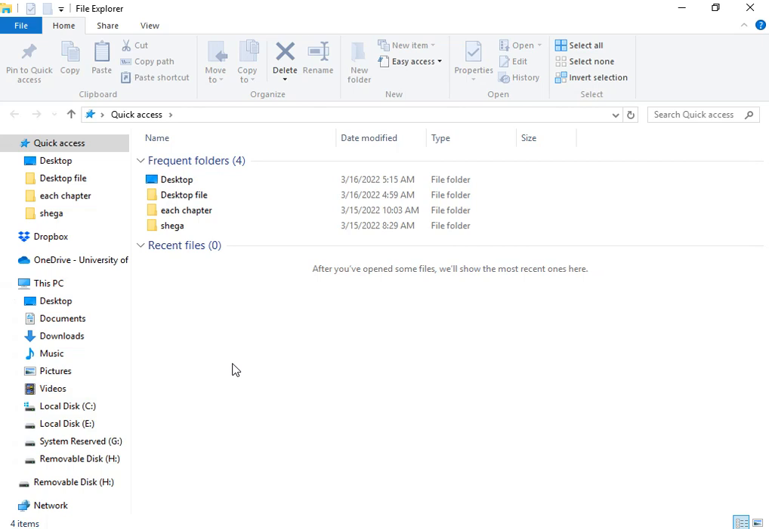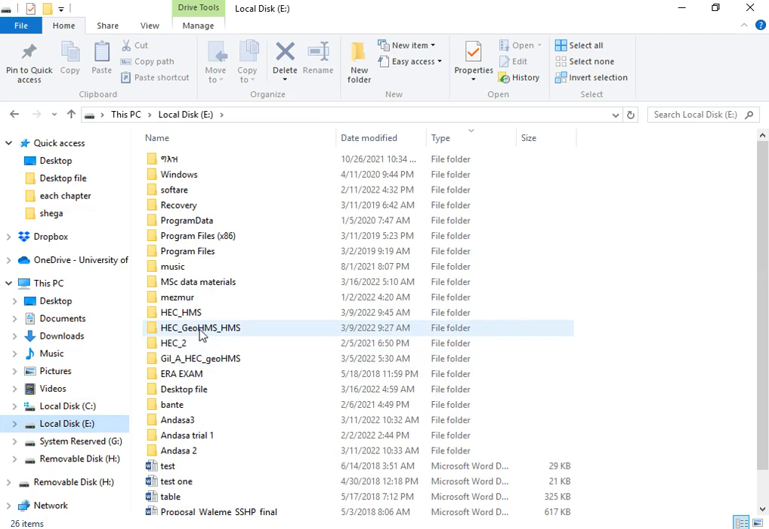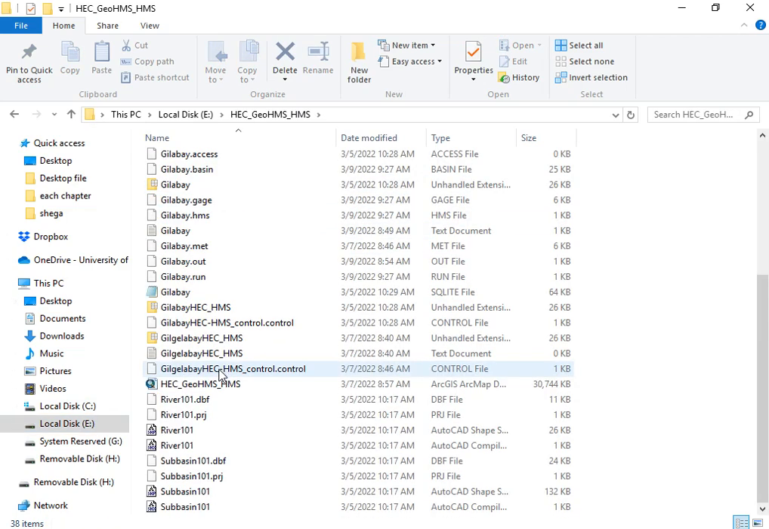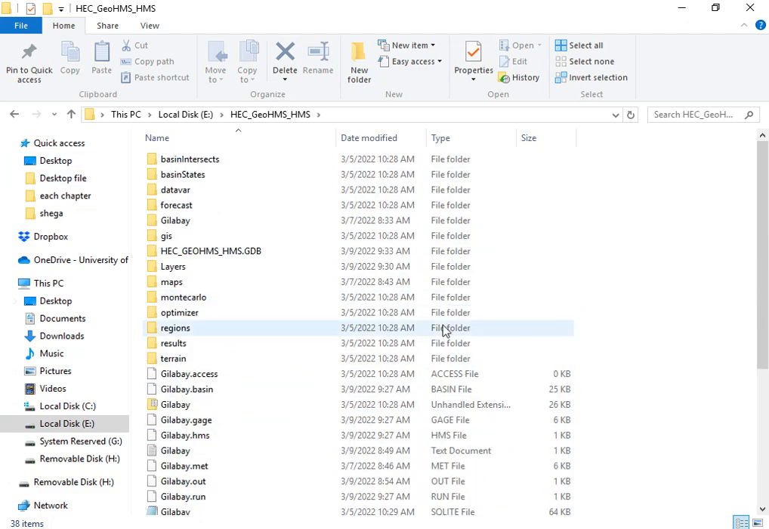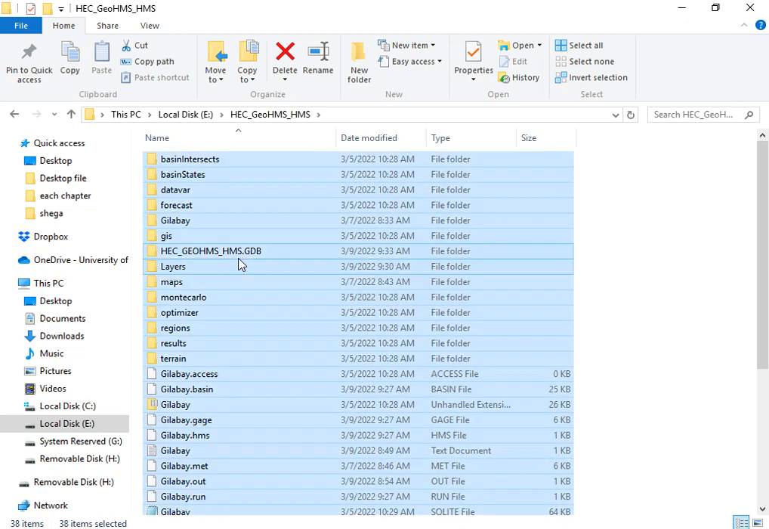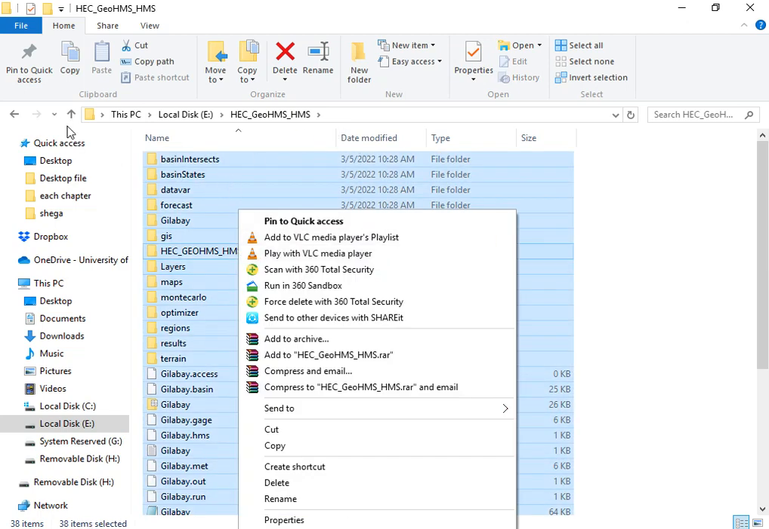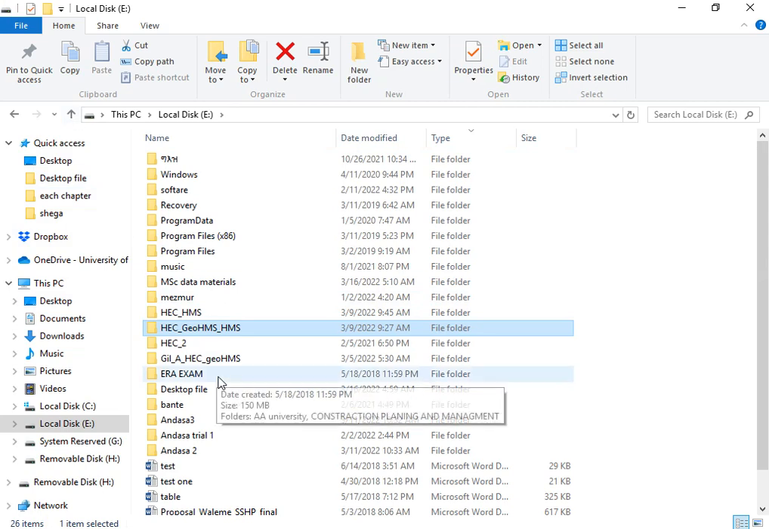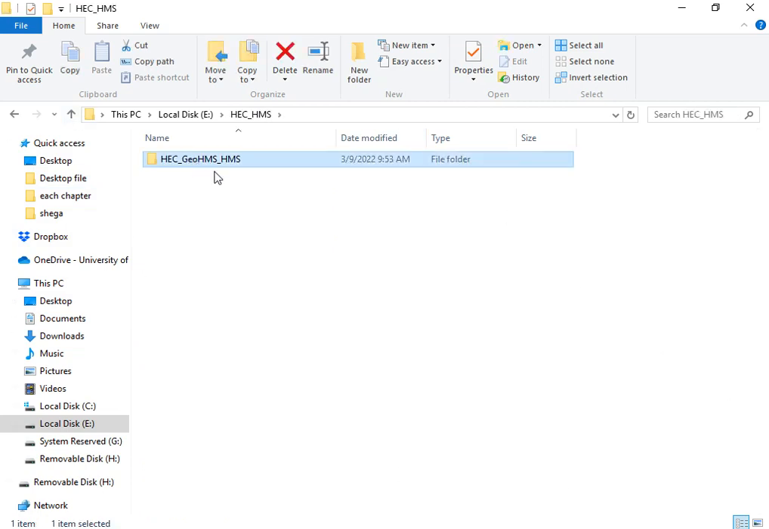working on HEC-HMS. This is a folder that we have been working on in HEC-HMS. Therefore, you should have a copy of this HEC-HMS folder, because if you make a mistake while we are working on HEC-HMS, we can get the original data from this one. Therefore, you should copy, select all data, create a new folder and paste it in such a